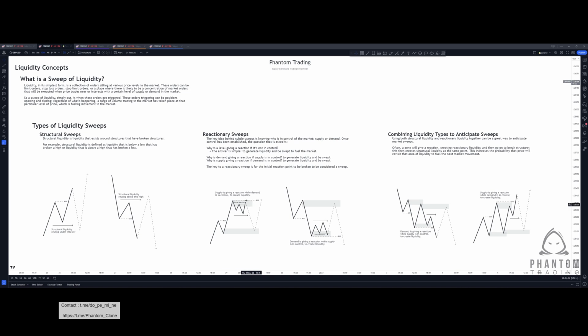We use this liquidity to fuel the move down into demand and trade higher. So in essence, we can view this as internal range liquidity that's being generated to fuel the move into demand to then target the external range liquidity. Now, if we flip that and we see that we are creating bearish market structure, creating lower lows and lower